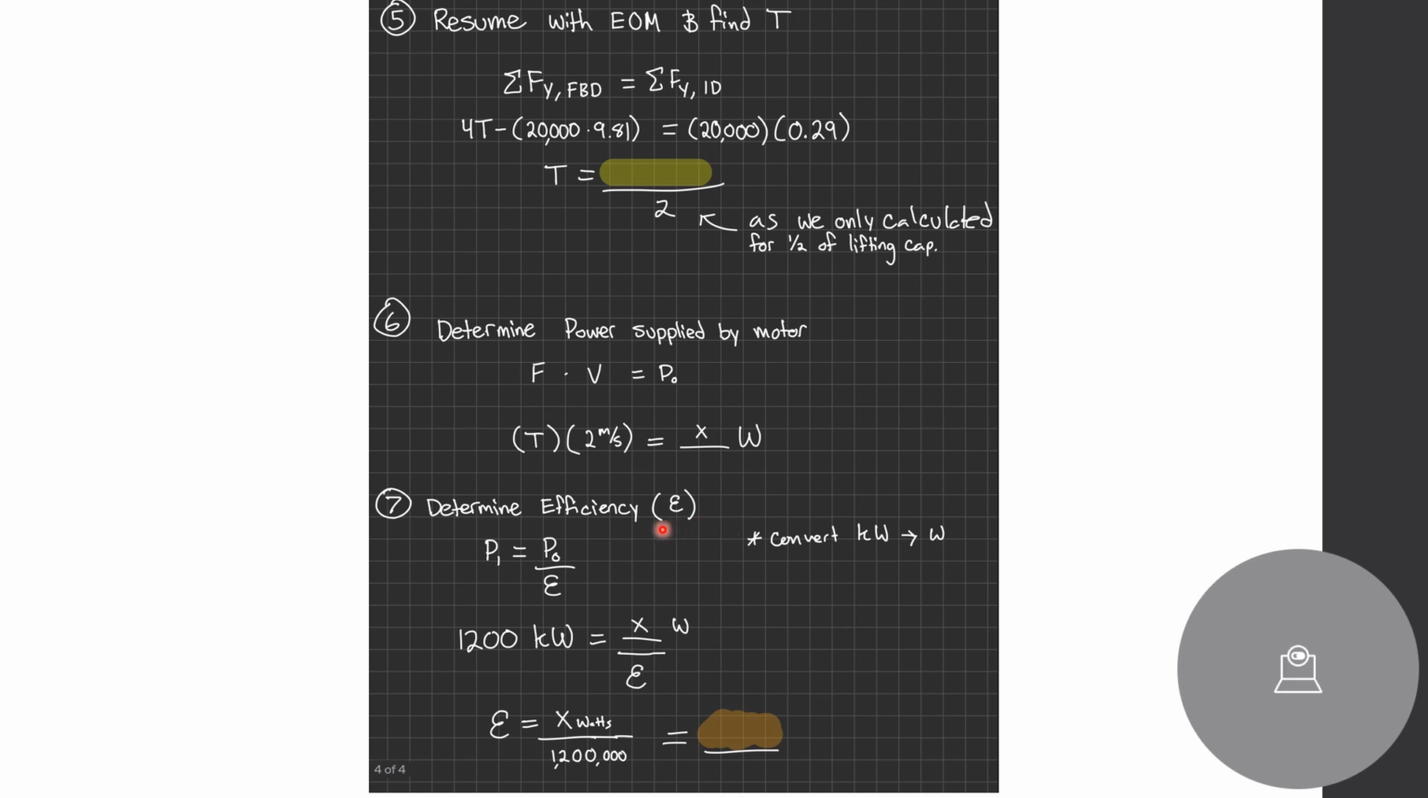And then finally, we would be determining the efficiency. Now that equation is power input is equal to power output divided by efficiency. Another key thing to remember is we have to convert kilowatts to watts, or else we cannot do this calculation, or we'll get the wrong number. So it would be equal to 1200 kilowatts is equal to our X watts from the previous step divided by our efficiency. Reducing down, efficiency is equal to X watts over 1.2 million watts. That's not calculated in this situation, but